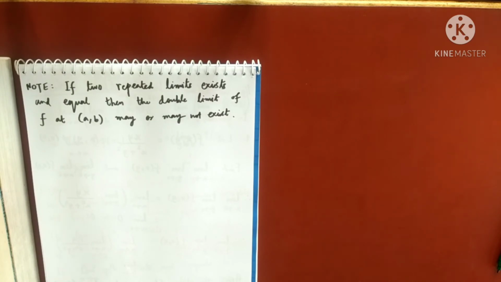Okay, now we have another relation of double limit and repeated limit. So there are a few things about algebra of limits first of all. That will be your homework. Remember, you have done in real analysis, if limit of f(x) is L and limit of g(x) is M, both as x tends to a, the limit x tends to a of f(x) plus g(x) is nothing but L plus M, limit of f(x) minus g(x) is L minus M, limit of f(x) into g(x) is L into M. You all have done this and the proof was very simple, just taking the definition.